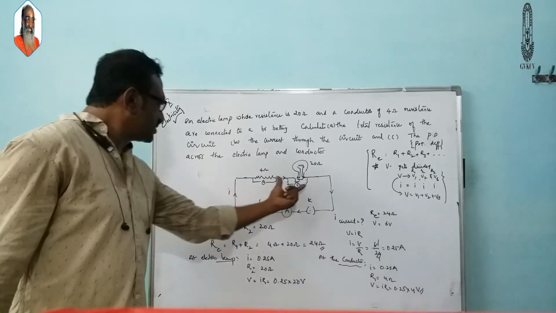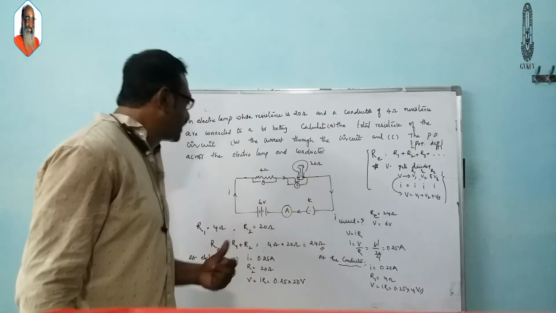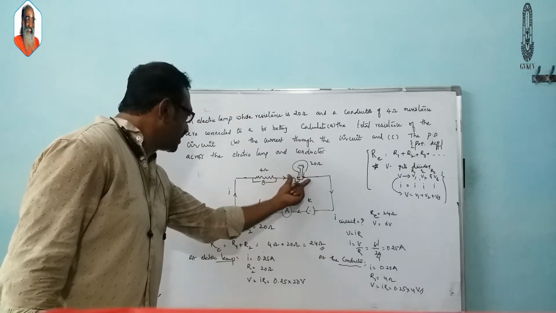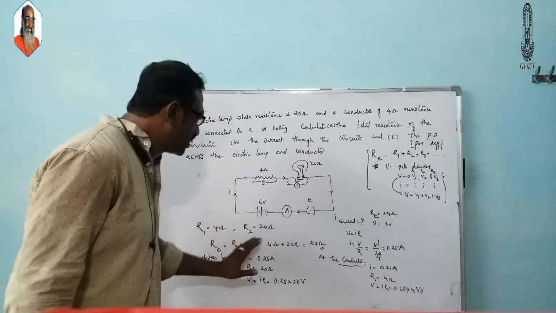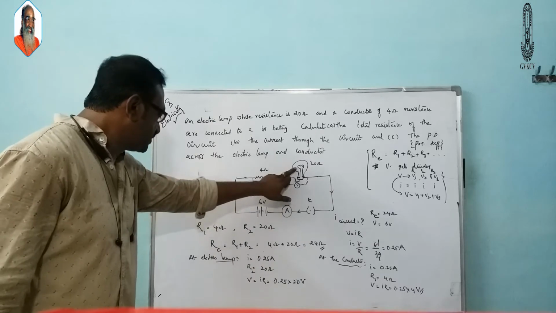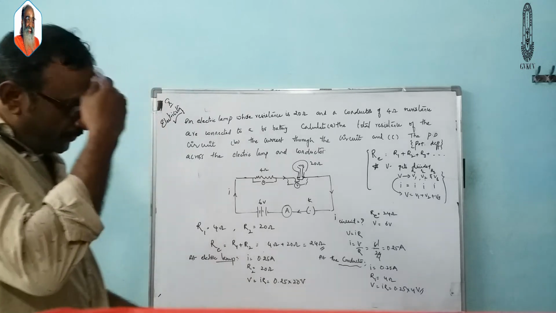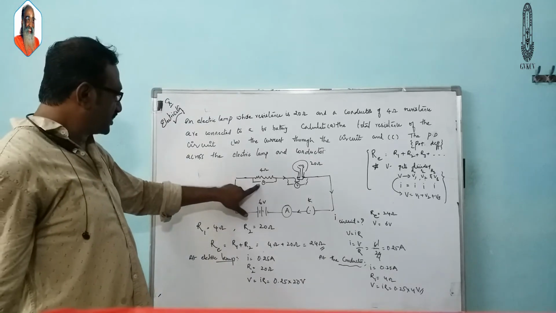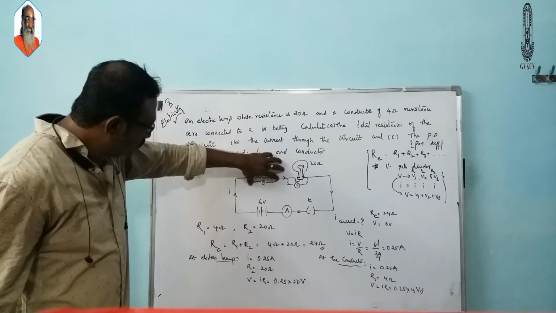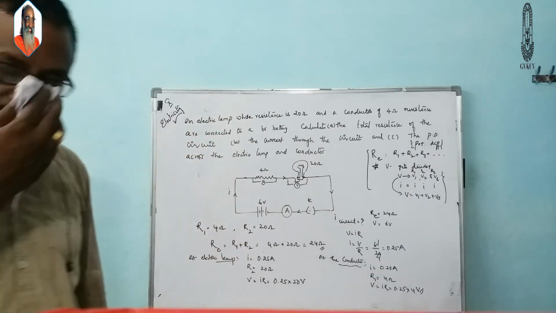And what is the potential difference across this electric lamp? When you are talking about the potential difference across this electric lamp, consider the current here and the resistance here. What is the current here? The current remains same throughout the circuit. Whatever the current we got here, 0.25 ampere, it is taken there. And what is the resistance of this? 20. So V is equal to IR, and multiplying them in volts. And at the conductor here, consider the current here and the resistance here, and apply the Ohm's law, V is equal to IR. So you are going to get the answer. Now pause the video and take the screenshot.